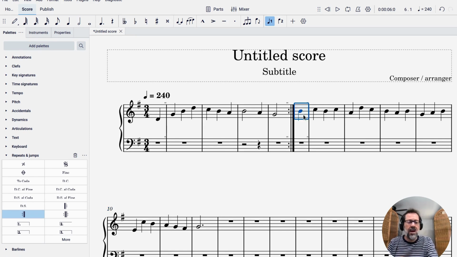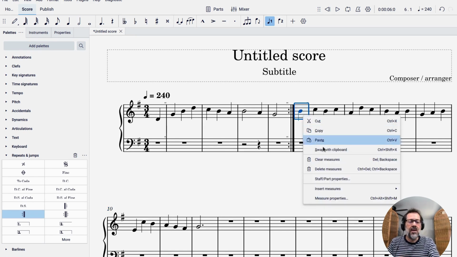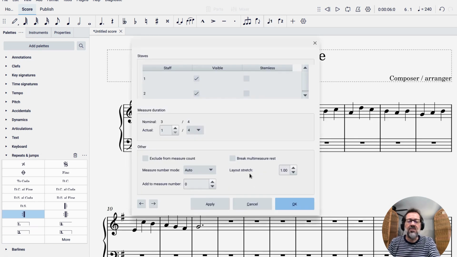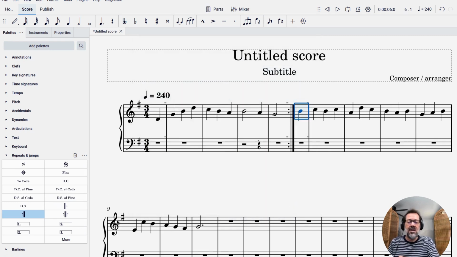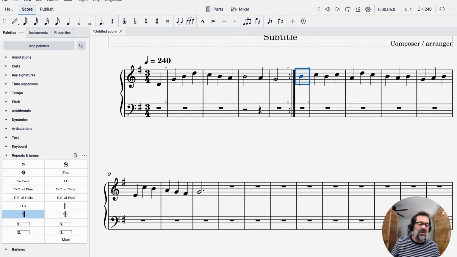I will do that by right-clicking the measure and then going to Measure Properties and checking the option that says Exclude from Measure Count. And when I hit OK, now you'll see that in fact the measure number at the start of the next system is updated now to just say 9 instead of 10. So that is how you can add a mid-measure repeat in MuseScore Studio,